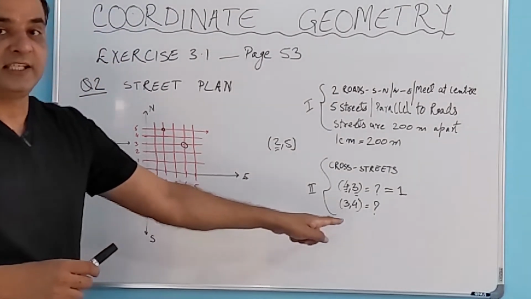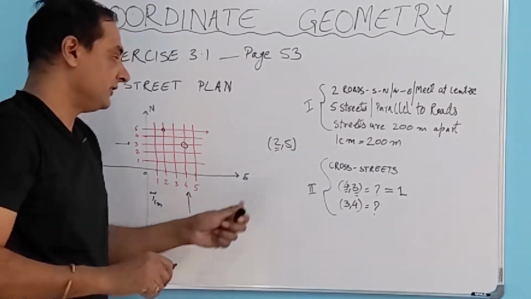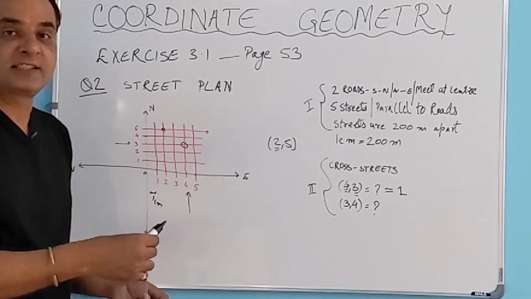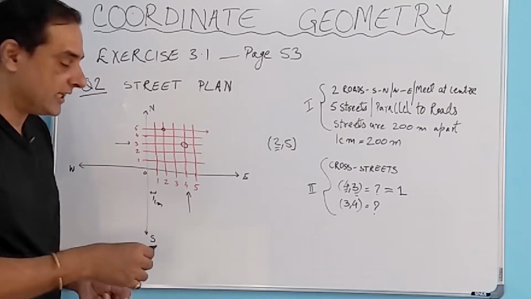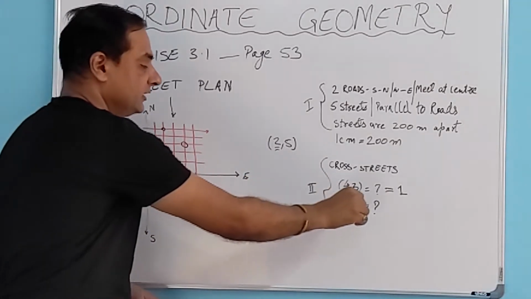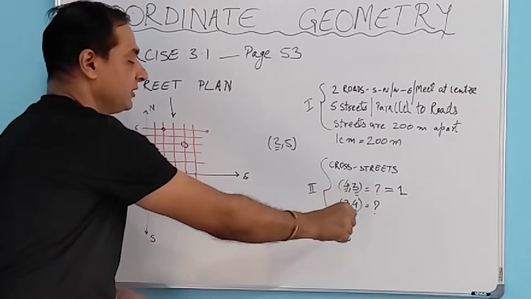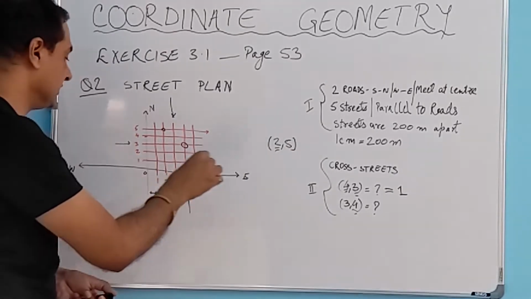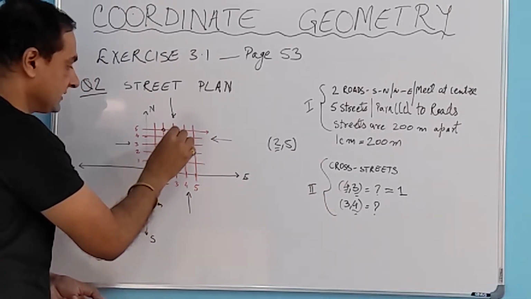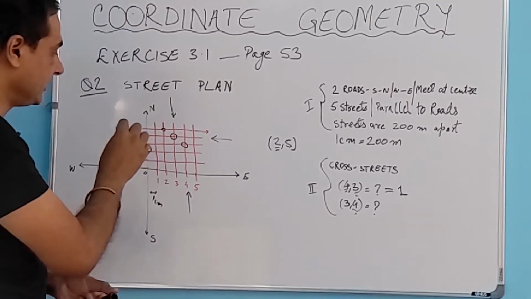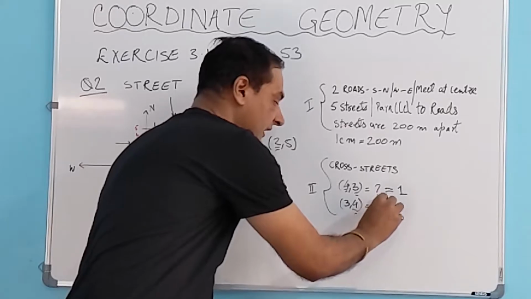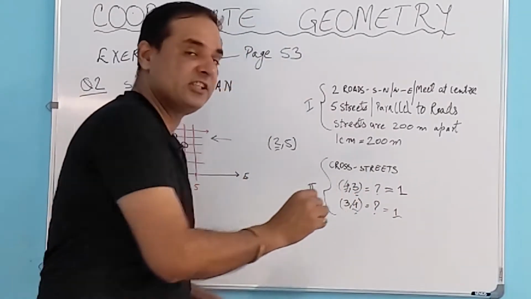How many cross streets can we identify with number 3 and 4? Again we look at the same definition which is given in the question. The first number which is 3, that is the number of street which is running north to south direction. So we go to 1, 2, 3. This is the street 3, and then comma 4. So this is the number of street which runs in east and west direction. So we go to 1, 2, 3, 4. This is the street in this example. So we say intersection is over here, and here we can basically identify one cross street with this definition of 3 and 4. So how many cross streets can we identify with 3 and 4?